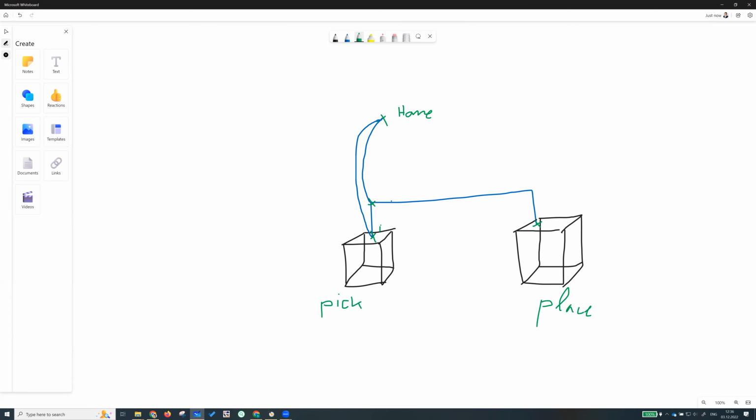So this is pick position, target pick. Then this position is the offset. It's some offset to pick position, right? Offset from pick